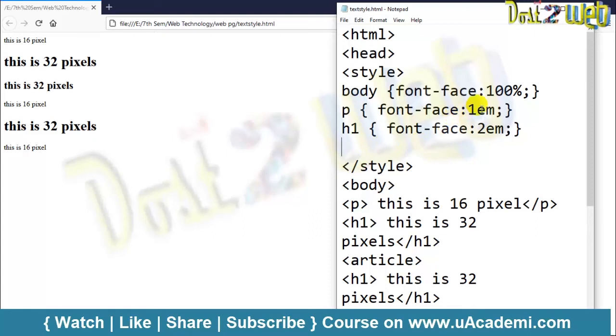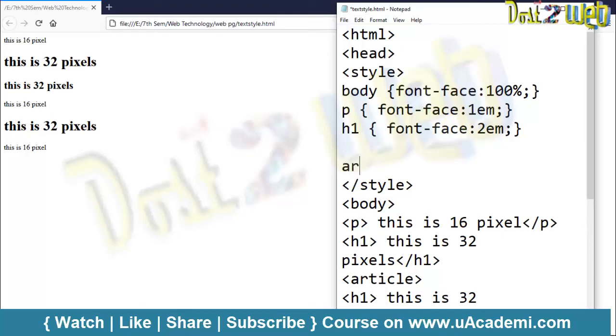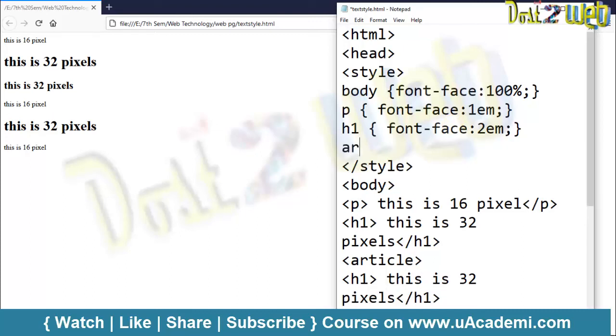So what I'll do, the same thing. Now we have to define the CSS for article, then we'll be giving the same font size. Sorry, that is wrong, you have to use here font size.